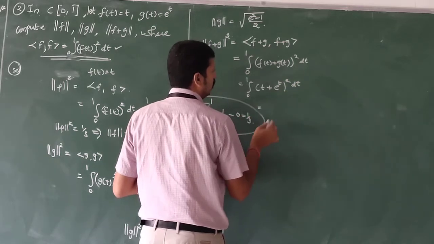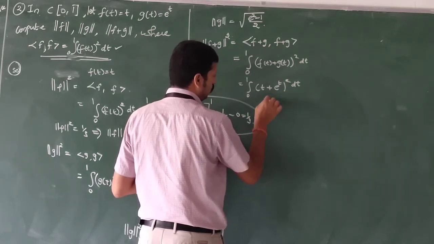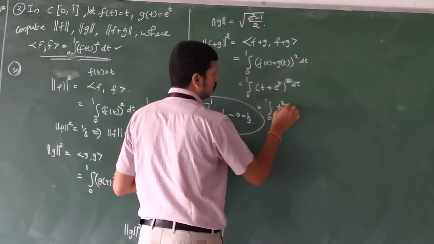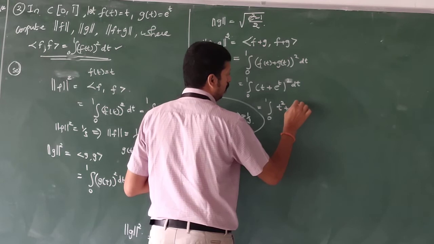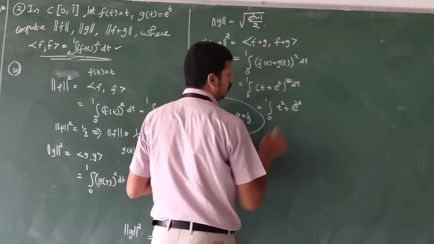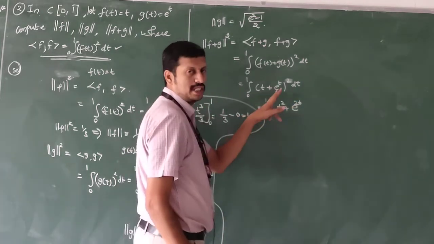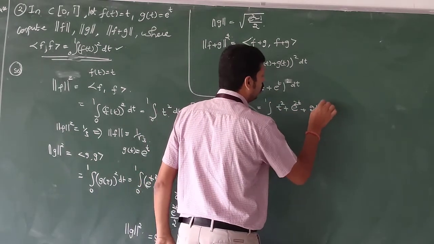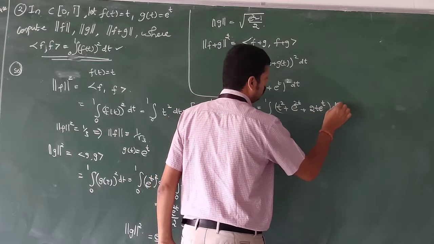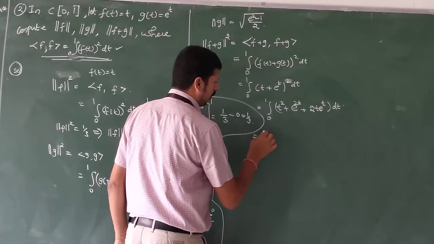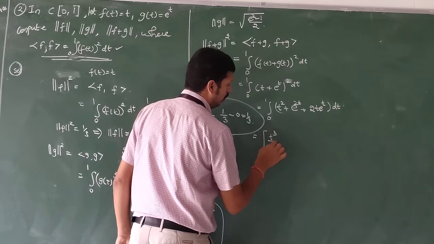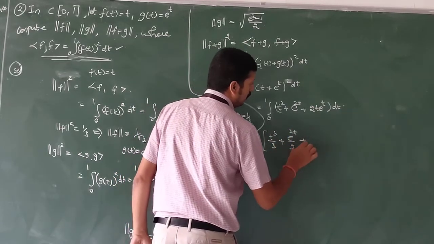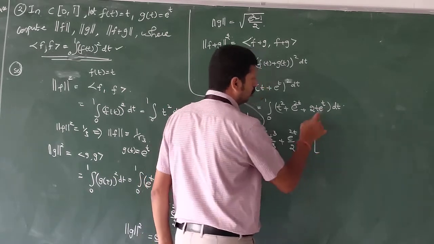So, that is nothing but, if we have to square this, t square plus e power t square, e power 2t. That can be written as a square plus b square plus 2ab, where 2ab means 2 into t into e power t. Okay. Then if we integrate that one, what will we get? t power 3 by 3 plus e power 2t by 2 plus 2 into this, you have to use Bernoulli's